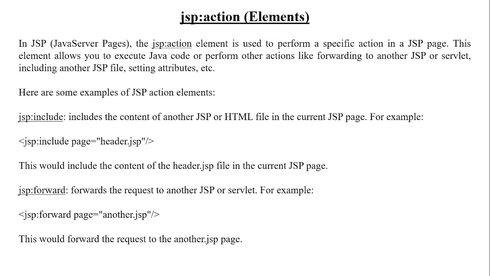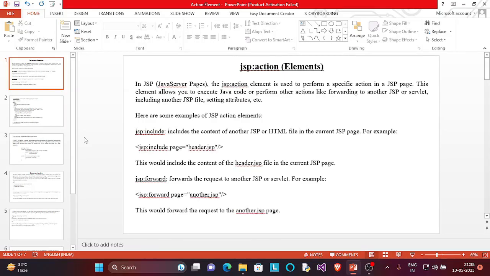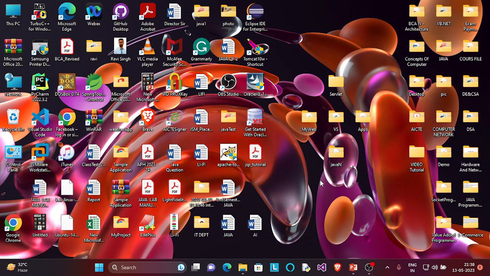In the same manner, if you want to forward a request to another JSP page, we use JSP forward, and the file will be created and this file will be executed. This would forward the request to the other JSP. So these two tags are there. Let's first discuss these two tags, and then afterwards we will discuss the others. For that we need some applications to see the demonstration part,